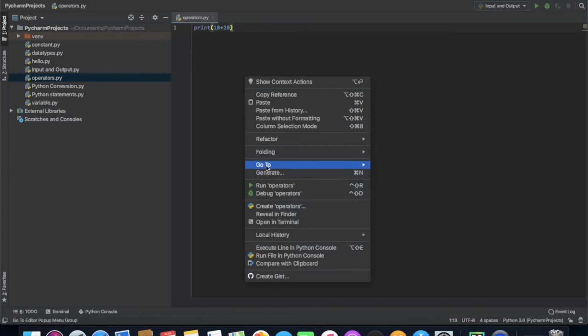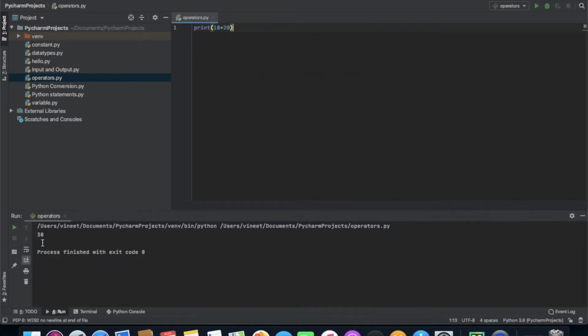If I print it, I simply get 30 over here. This plus between 10 and 20 is the operator that performs addition on 10 and 20, and 10 and 20 are basically operands.